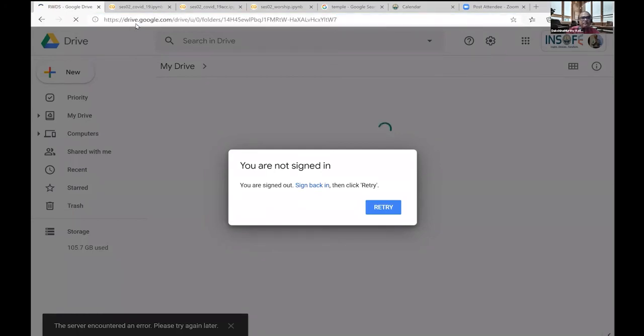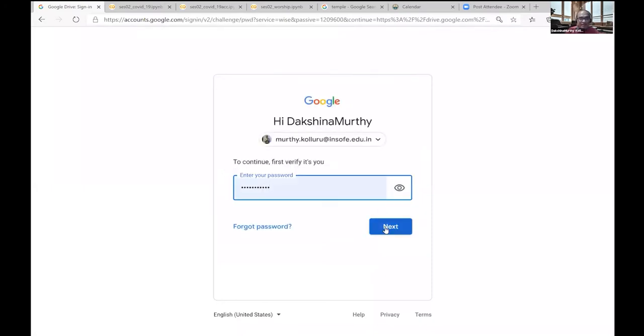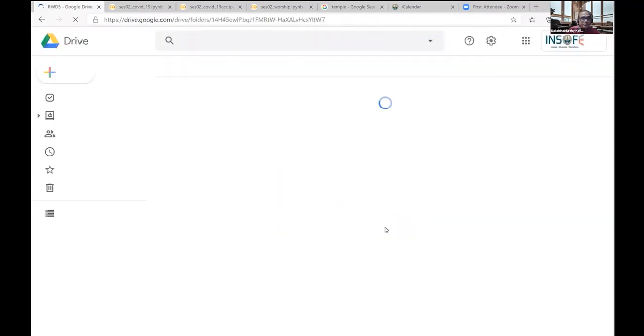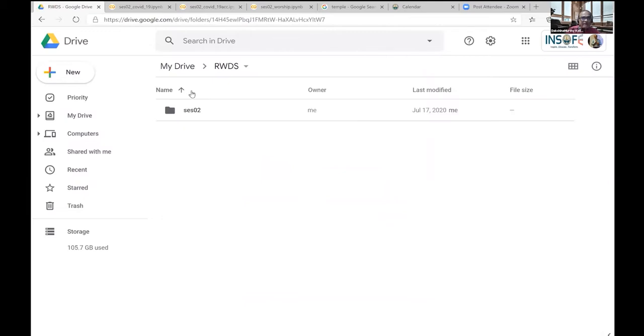I put the files in this drive. Anyway, I'm signing in now. This is my Google Drive. In Google Drive, I created this folder called RWDS. In that, I created a subfolder session 2.